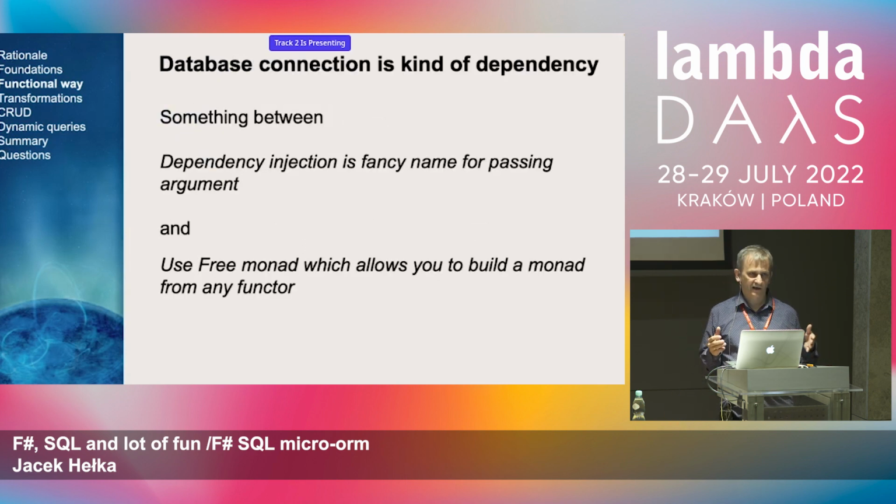I quickly realized that passing a connection to data access functions is a more general problem of dependency injection. So I started to research how we should implement dependency injection in